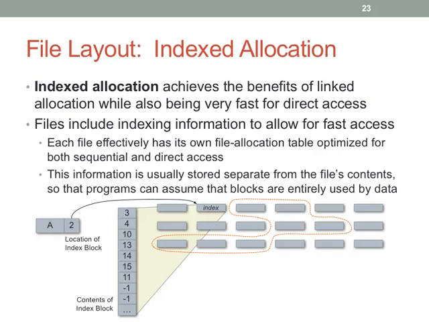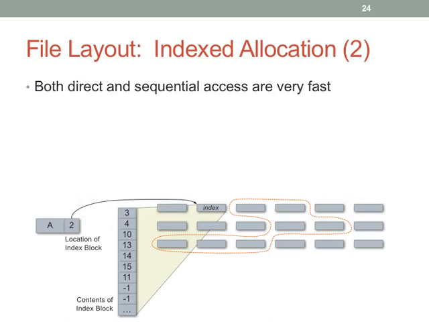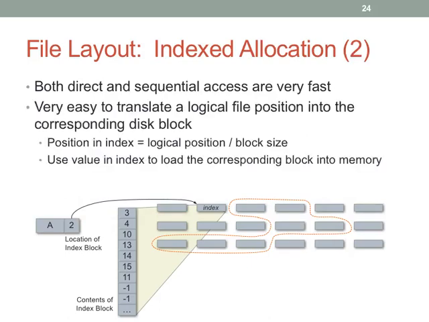So we've added a level of indirection. And the index node says, here's where all the data blocks are in the file. So this kind of becomes a per file allocation table, if you will. Just saying these are where the entries live. Okay. Now the nice thing about this is that direct and sequential access are fast. I can just cache this index block, and then I can do calculations really easily to figure out where to go in the file. So yeah, this is what I'm saying here.